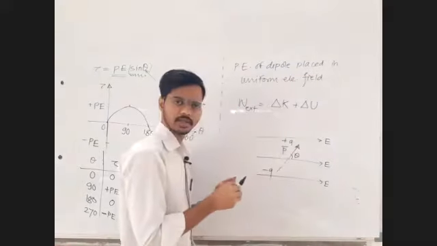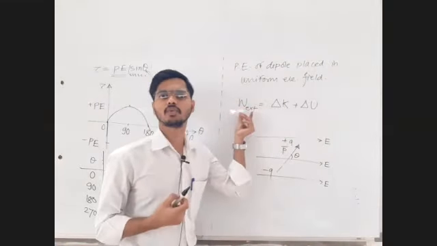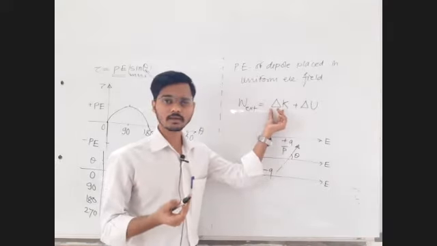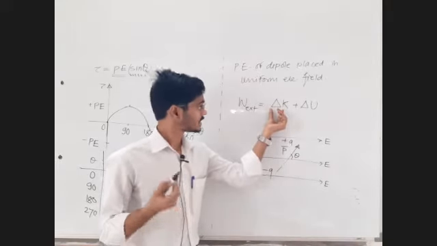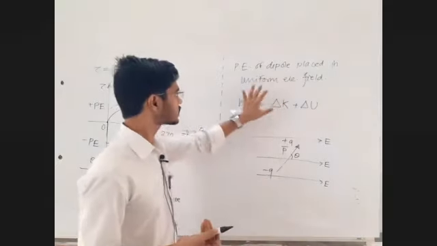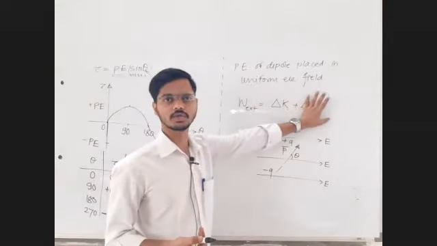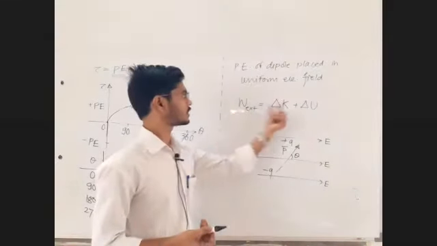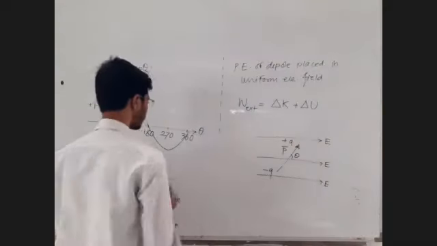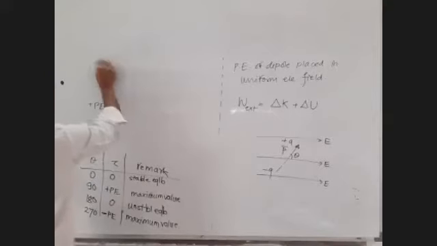Without accelerating the dipole, we will do the work done. We are able to find out work done. And if the system changes its configuration without changing the kinetic energy, entire work done by the external torque will be converted into the potential energy. So that work done is equal to change in potential energy. Okay, sir, fine. Now let us try to do that. It's very easy to find out work done for us.